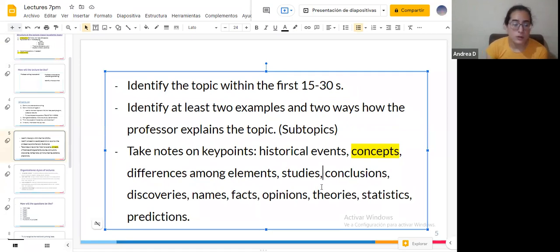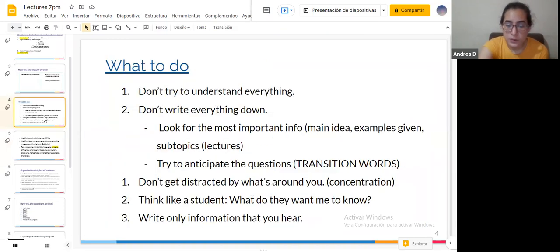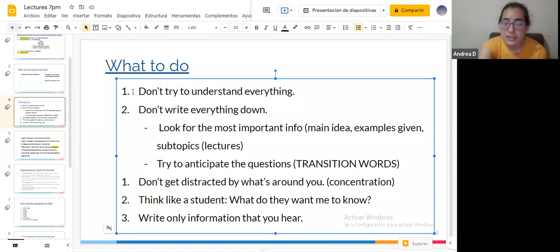Names, numbers, studies, all of those key points or key details that you can be asked about. Take notes on all of them. Remember that most of your questions will be detailed. What else could I say? The tips are the same. I'm not going to go over them again. Remember to be extra careful in the listening section.